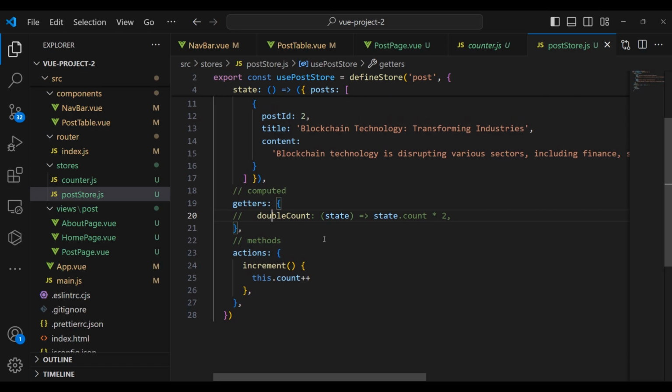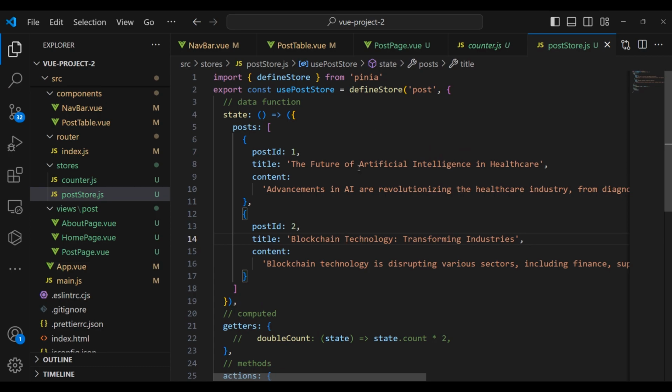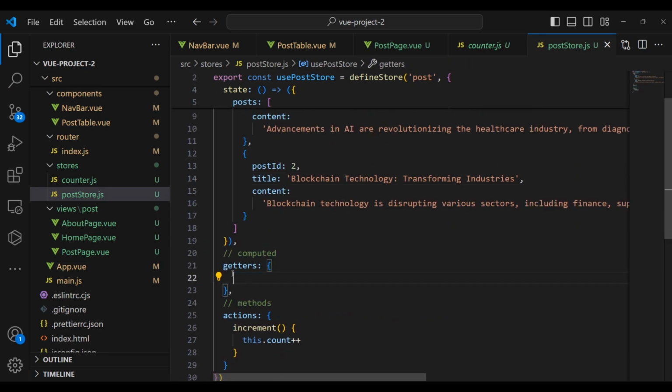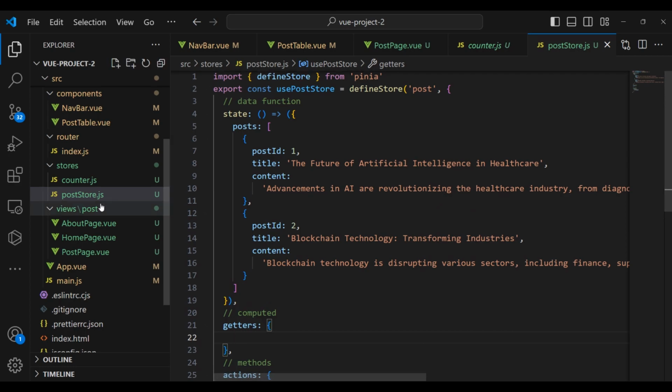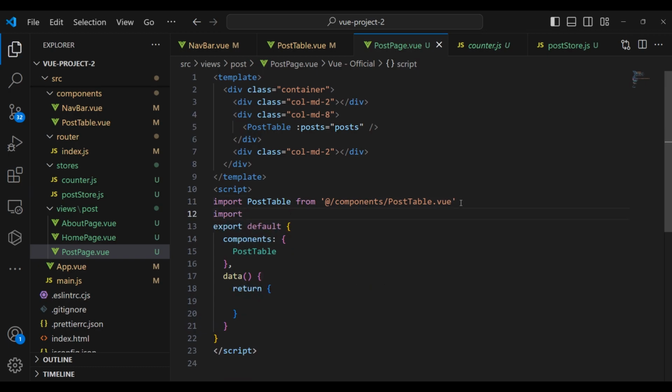And also we need to import. We need to use this usePostStore within the post page. We are going to import it. And we already talked about the helpers provided by Pinia. We have mapState and mapActions. mapState first. We are going to use mapState. We are going to say import mapState